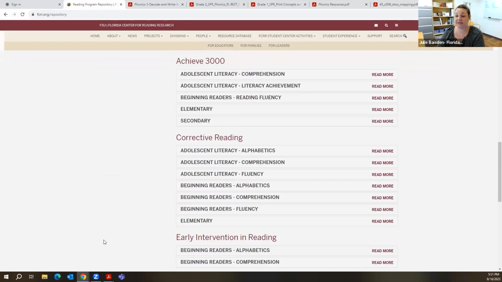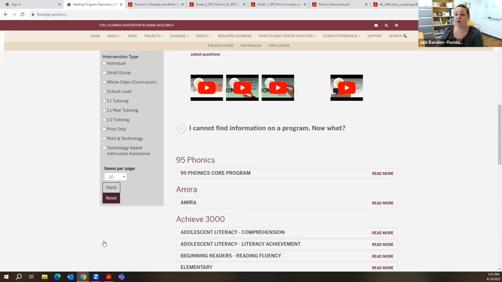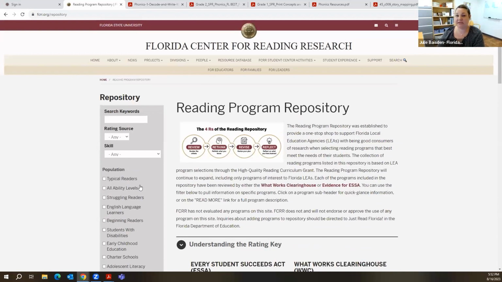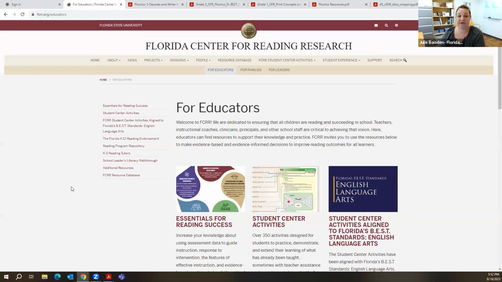If it says 3 days a week for 20 minutes and we're using it 1 day a week for 60 minutes, that may not be as effective. And so it's a great tool to be able to see exactly how it's supposed to be done, who it's supposed to be done with, to get the most effective results. So that's a great resource to go in and explore and kind of see how your teaching practices are aligning with what the recommendations are.